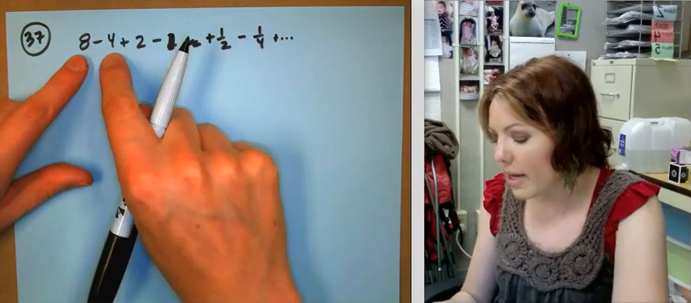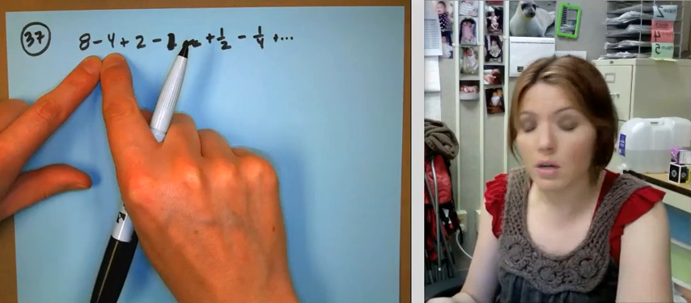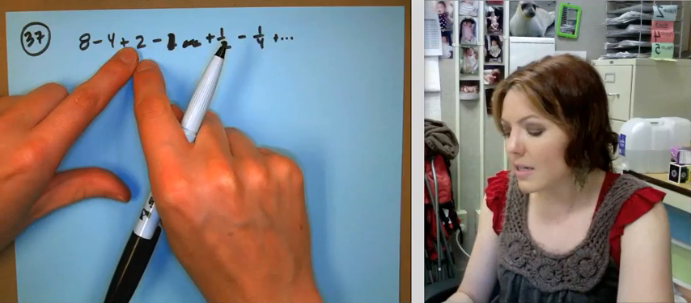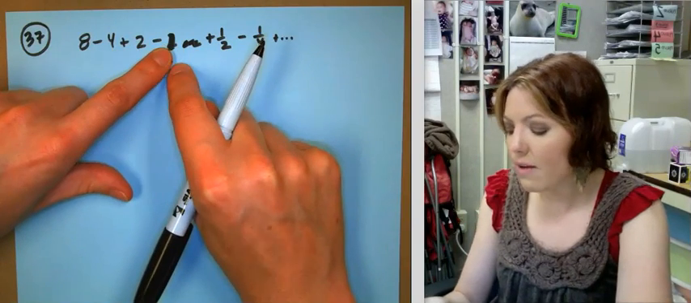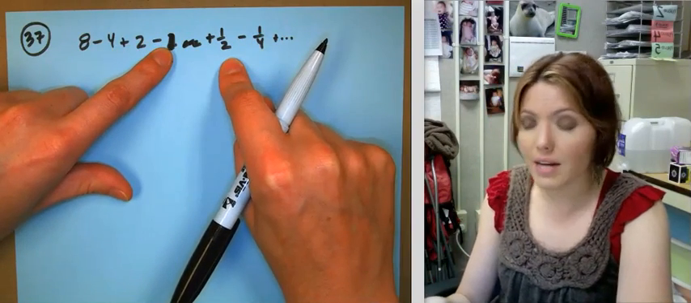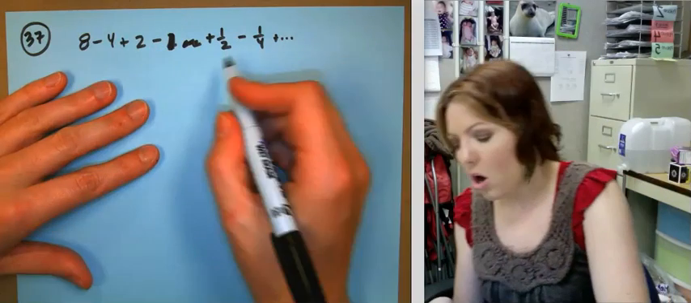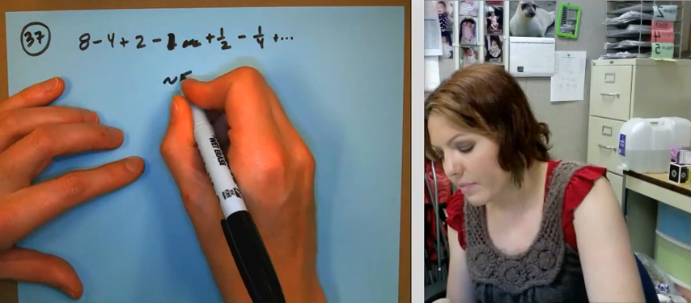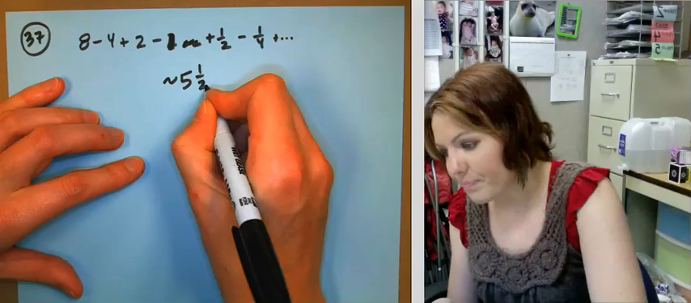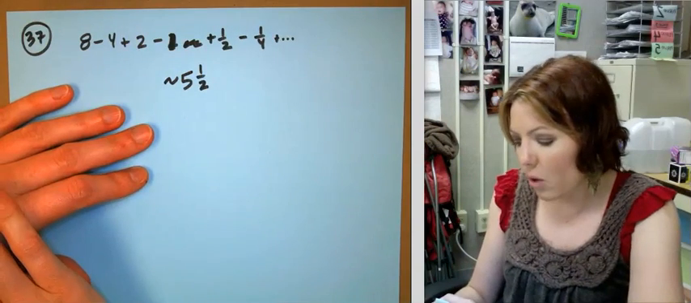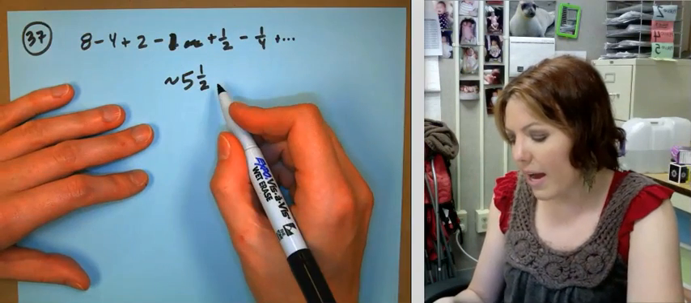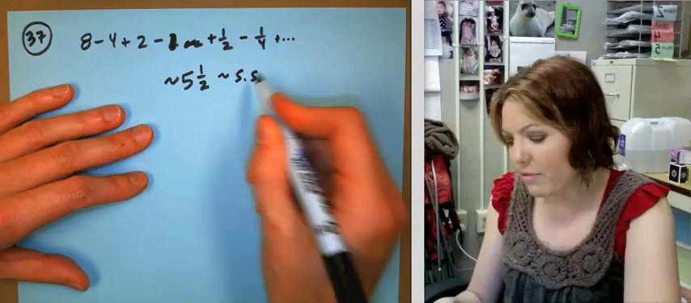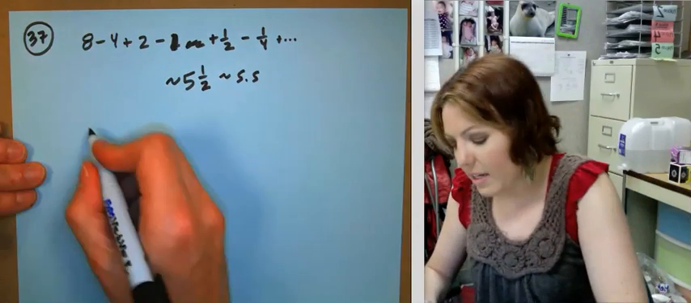So 8 minus 4, that's 4. 4 plus 2 is 6. 6 minus 1 is 5. 5 plus 1/2, that's 5 1/2, and we could keep going on and on and on. But let's start at 5 1/2. All right, so if I look here, 5 1/2 or approximately 5.5, let's look at the fact that our answers,